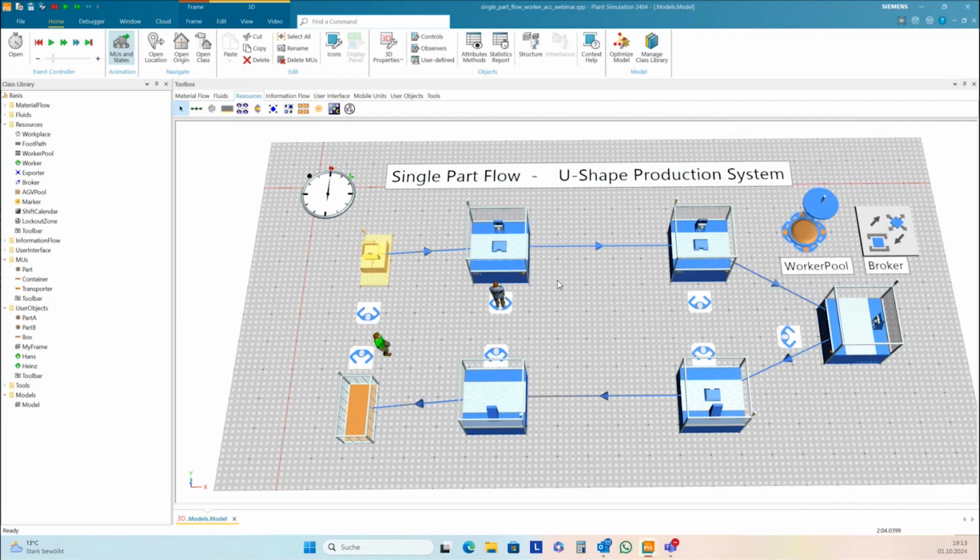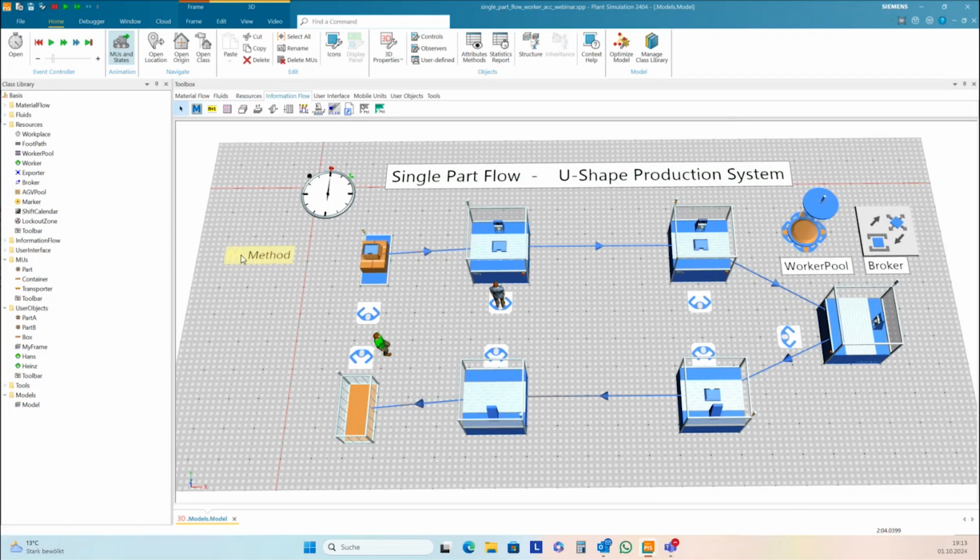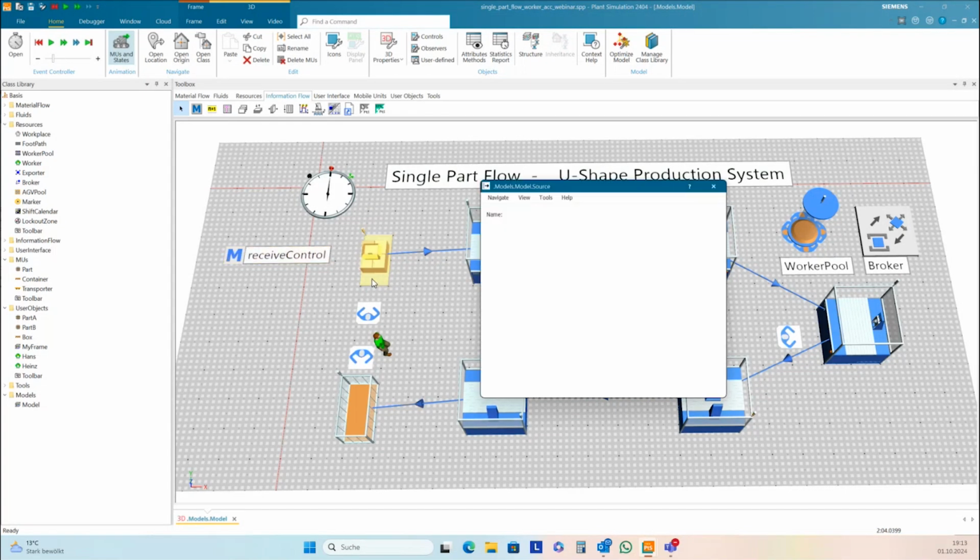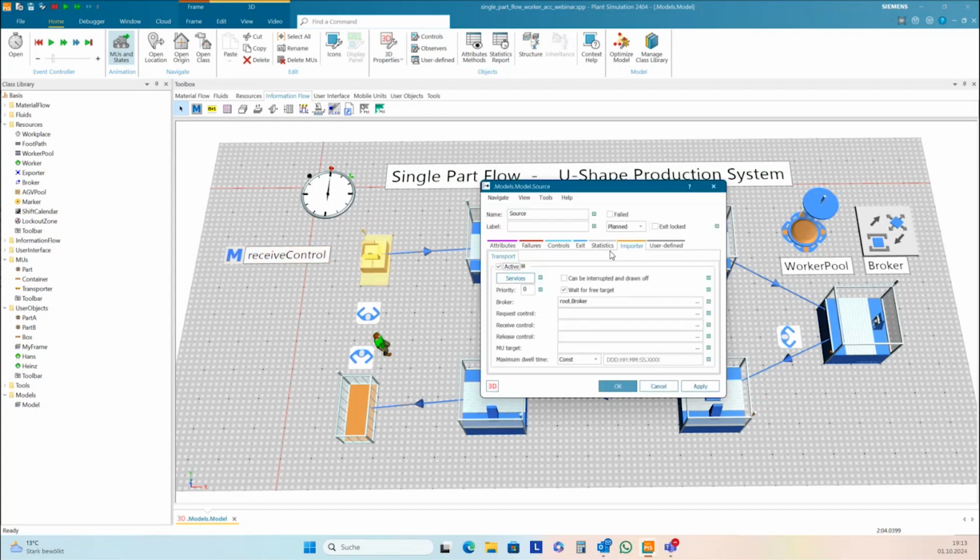Okay, let's try this. I make here a method, and the method I want to call receive control. And the receive control I assign to the transport importer of this source.